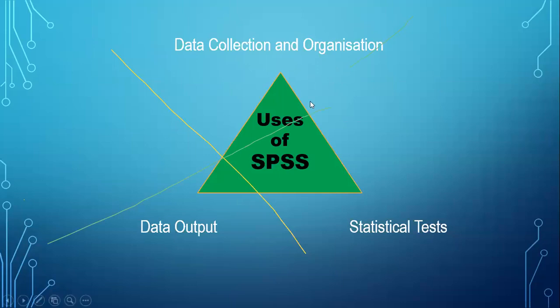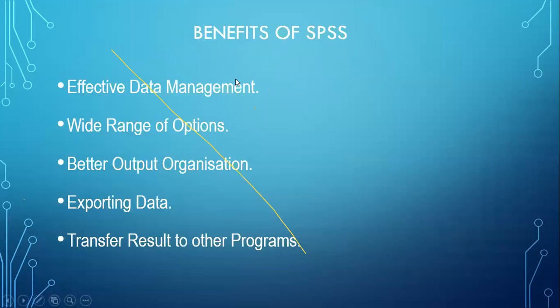First, when we discuss data collection and organization: when we are doing a study, we used to give a questionnaire to the public. We collect the feedback from them. Then we record the data in SPSS. Then we can organize the data in ascending or descending order, based on the type of the variable or the type of the measure, etc. Okay. Clear.